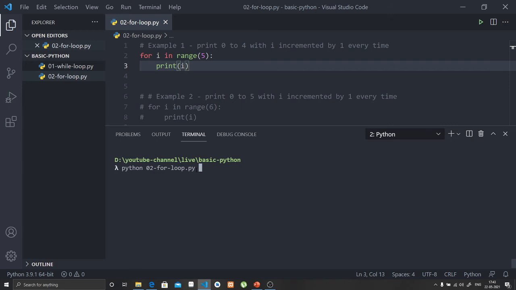So what you have to do is press enter. As you can see, the value starts from 0 and ends at 4, because 5 is not printed as the loop stops at 5.